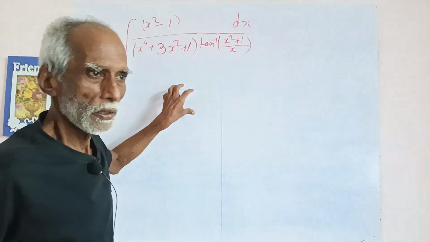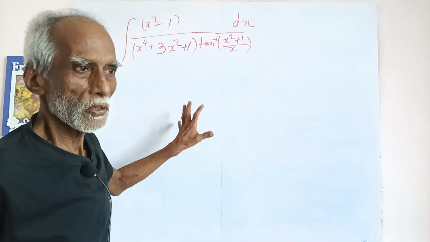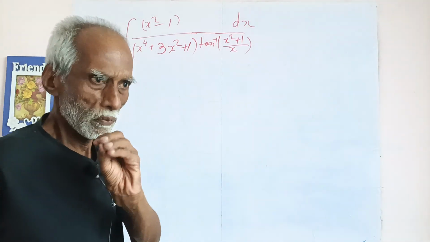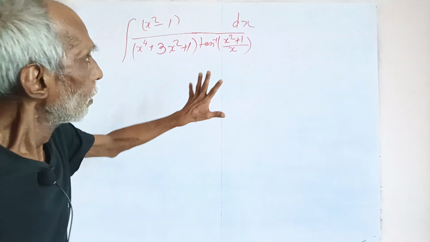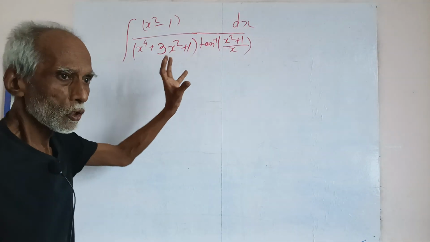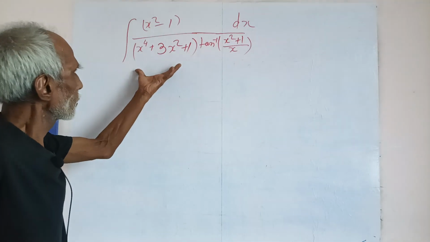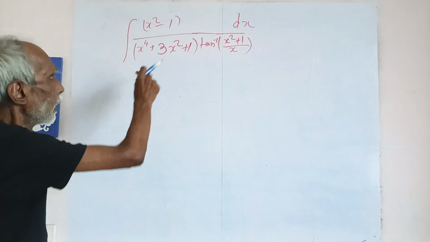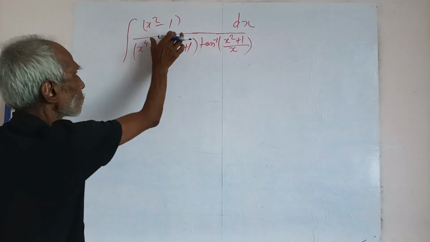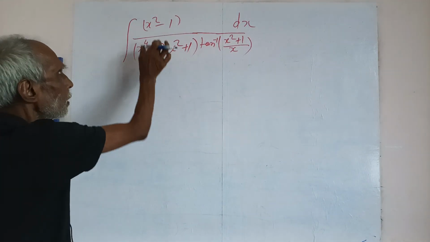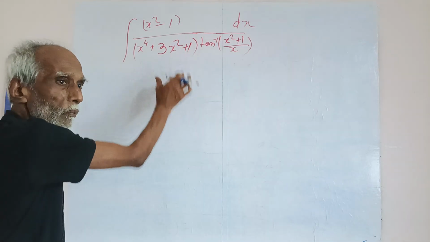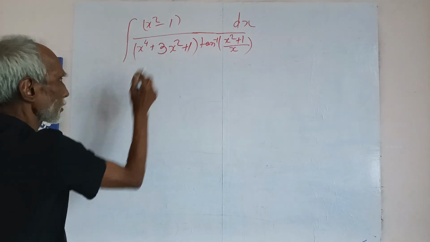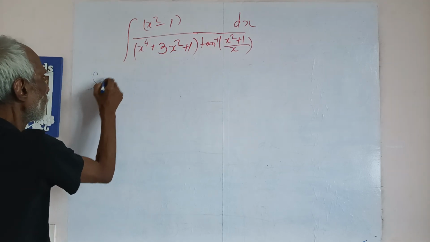This sum is totally different from the previous sums that were given in previous videos. Those sums were trigonometric based, and this sum is totally different from trigonometric based, means algebraic form it is. To solve these sums, first of all, divide this part by x square, means divide numerator and denominator by x square and write as